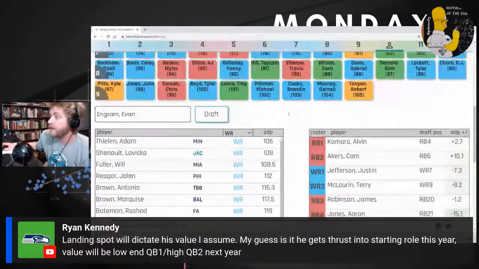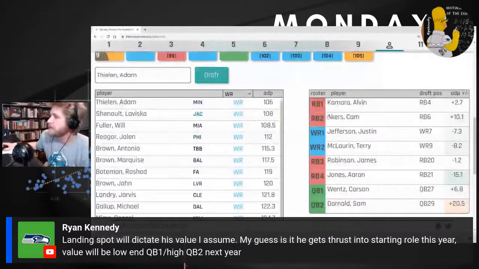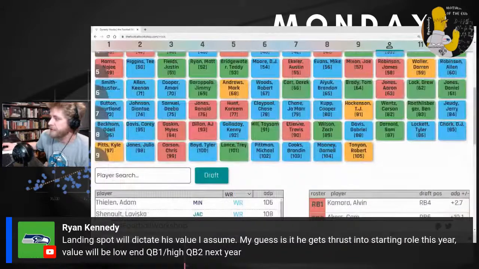Will Fuller's got lots of upside, man. We're going to take Thielen because, of course, we're going to take Thielen. When someone drafts Michael Pittman ahead of Adam Thielen, you just take Adam Thielen. You just do that. That's like a dynasty rule, right?